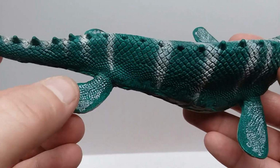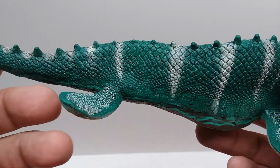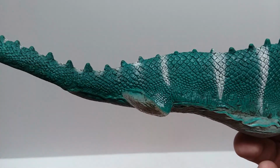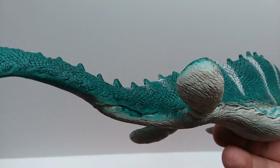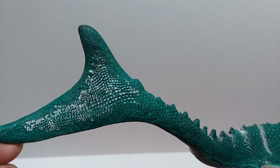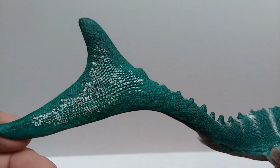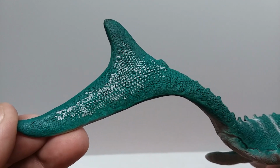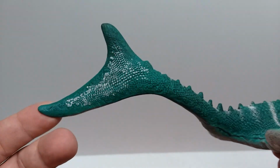The rear flipper as well sports that kind of dry brushing over top, again just like we had seen on the flipper in the front. And then we continue to move along the body. You continue to see the ridges that run along the back of the Mosasaurus, some more of those kind of skin wrinkles and everything down here as we lead out into the tail, and the tail again sports that kind of like a dry brushing look with that white coloration. I'm not a huge fan of that, but I mean, it is what it is. It's just the way it goes, I guess, with Schleich in this particular figure. They just decided to kind of sloppily dry brush some paint over top,